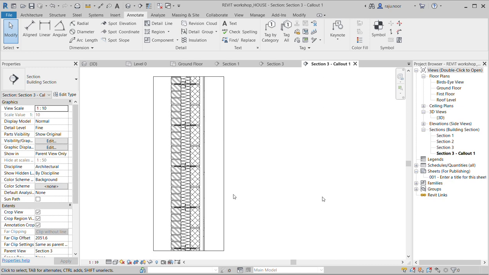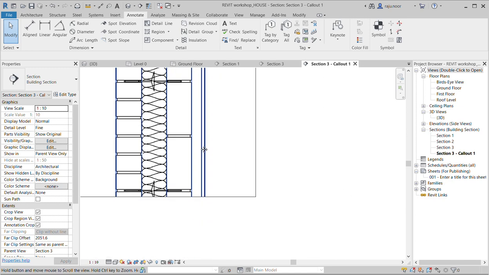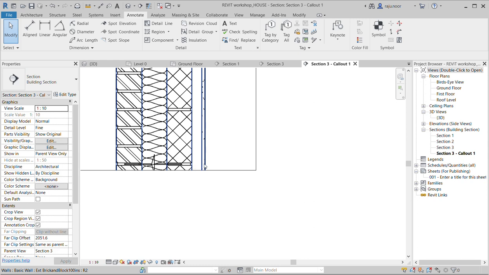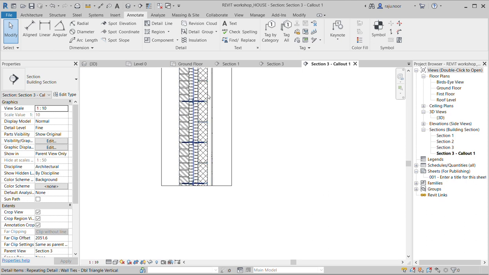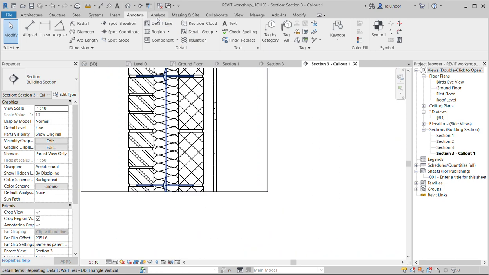Okay, so the next thing we're going to add is our timber battens. The plasterboard will typically be screwed into timber frame or timber battens, just so that you're not screwing into obviously the blockwork directly, and also creates a void for services to run. So you're going to have a series of battens running vertically and horizontally to kind of screw the plasterboard onto. So we're going to add some timber battens here. So this is how you'd add in